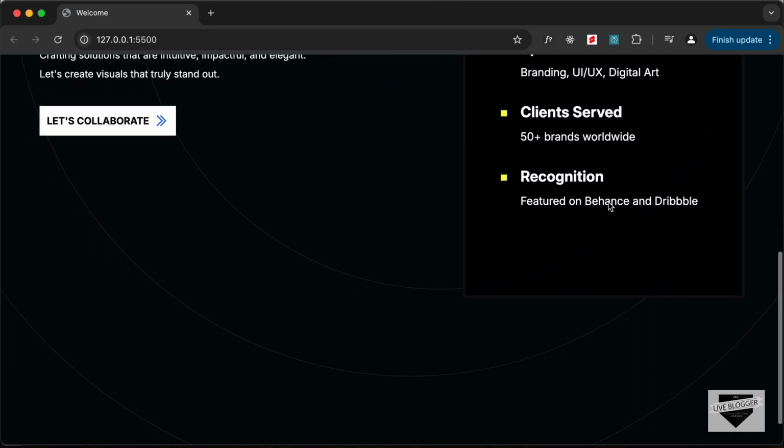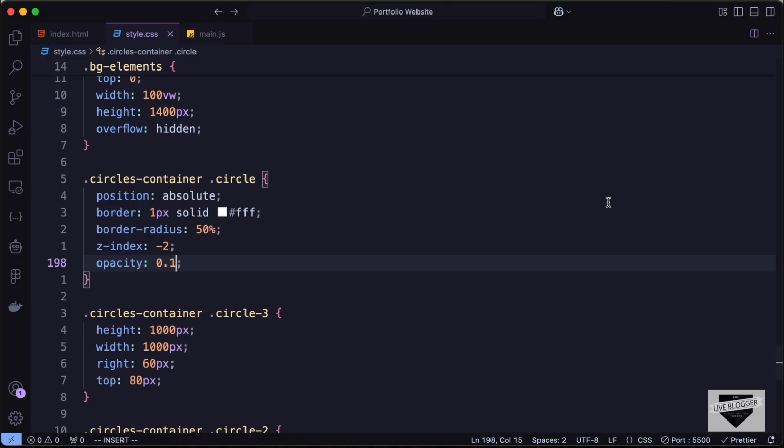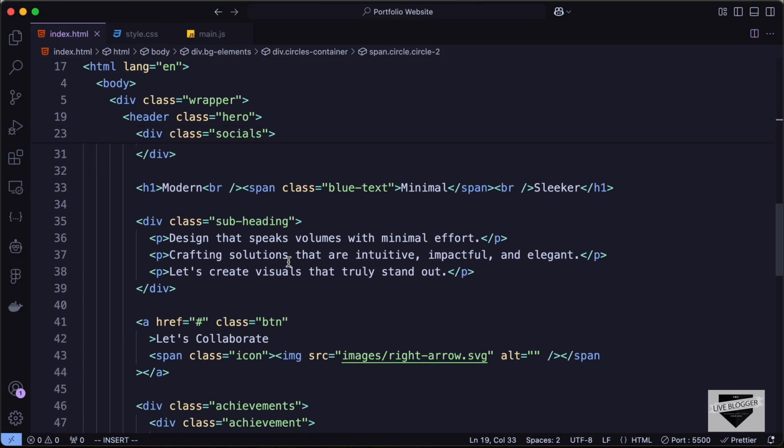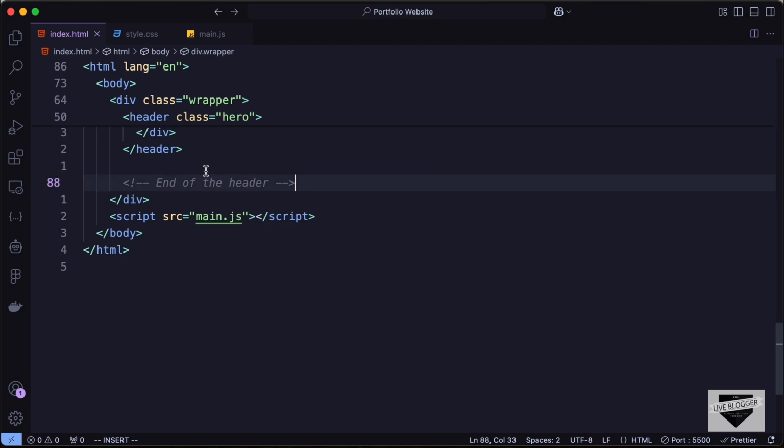Alright, that's it with the circles. Now let's go ahead and create our About Us section. So let's go to the index.html file and here after our hero section, we need to create the about us